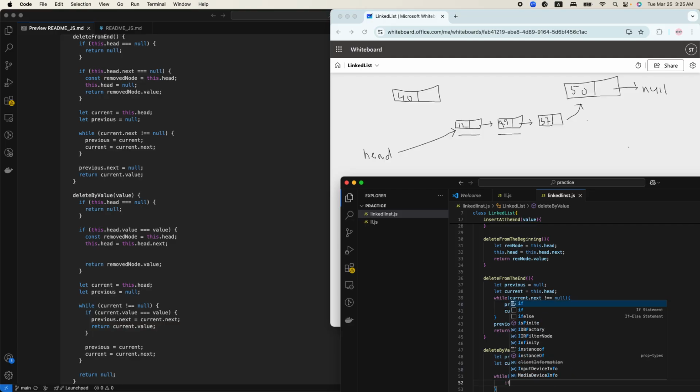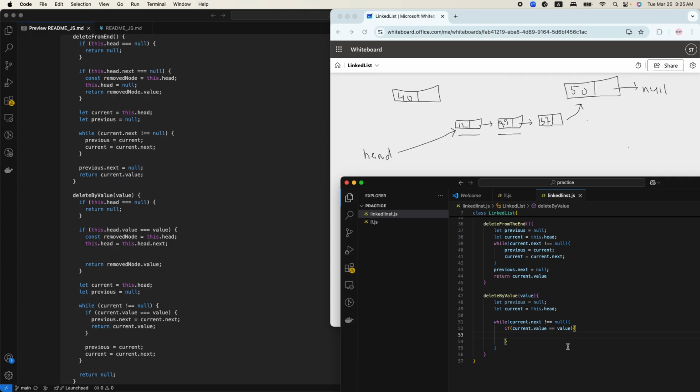We are saying that if current.value equals the value, that means we have found the node that we are trying to remove. For example, 99. When we find this one, that the given value matches this node, so we say that